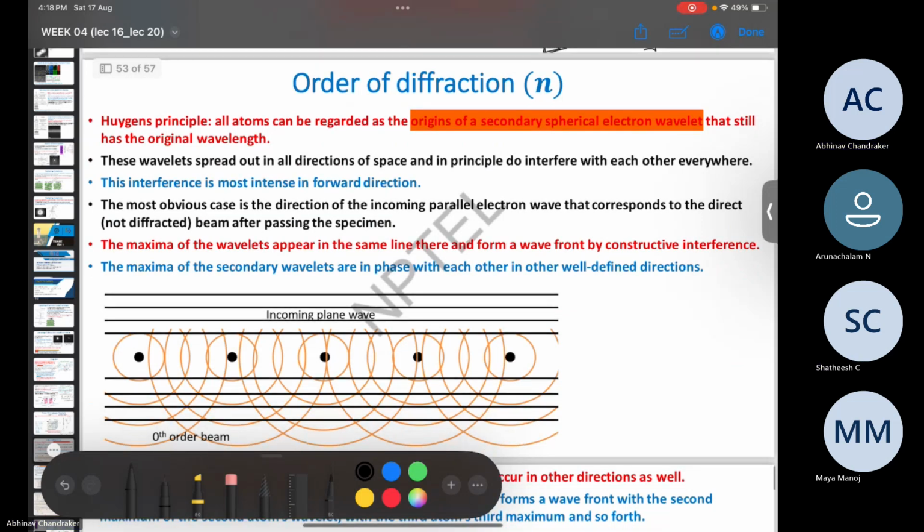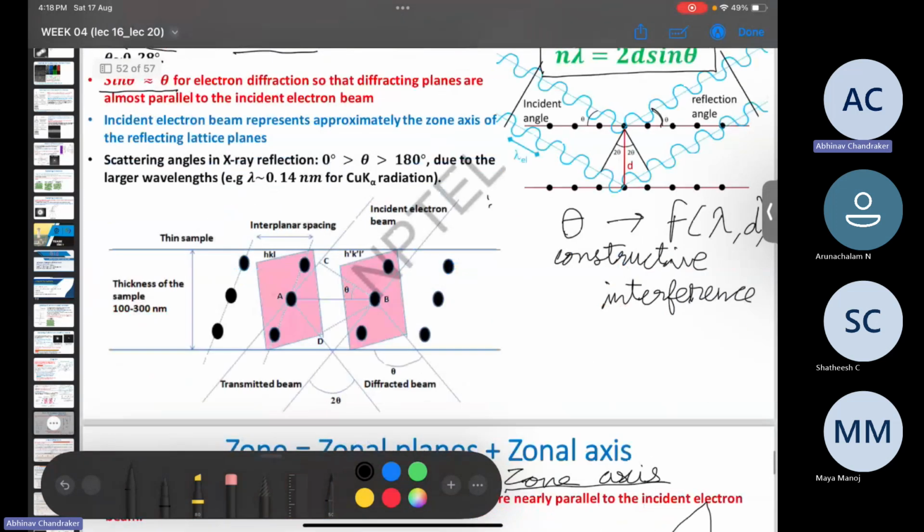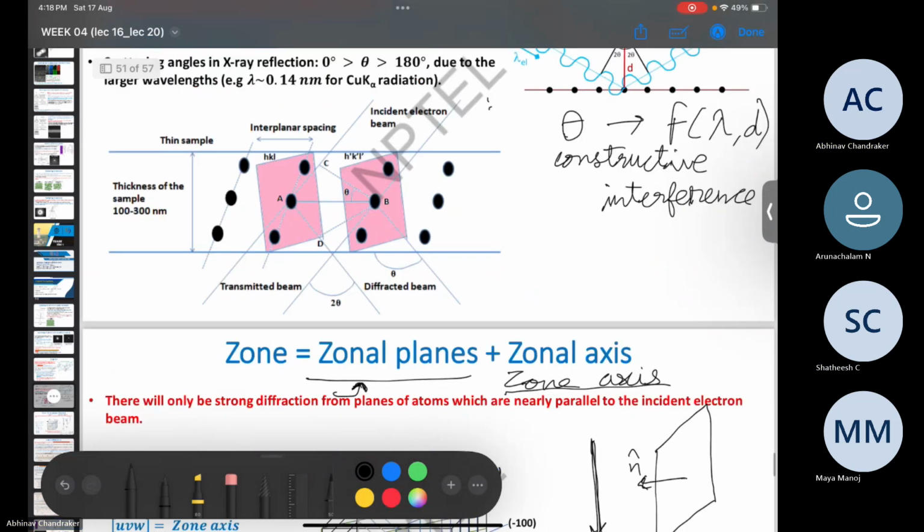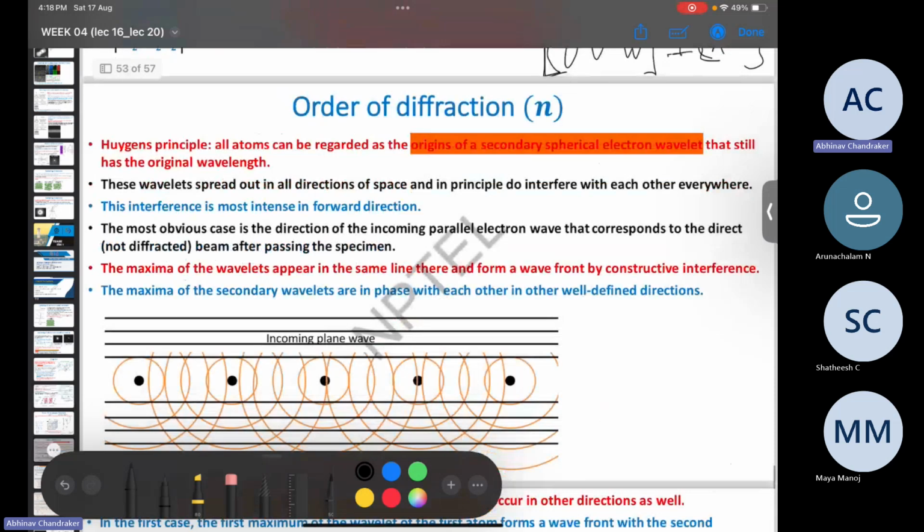Now we'll come to the last topic. Here we were considering electrons as a wave which is interacting with this arrangement of atoms as atomic layers which are periodic and regular. But we can also consider the electron beam to be coming as incoming plane waves, since these are coherent electron waves. And using Huygens' principle,